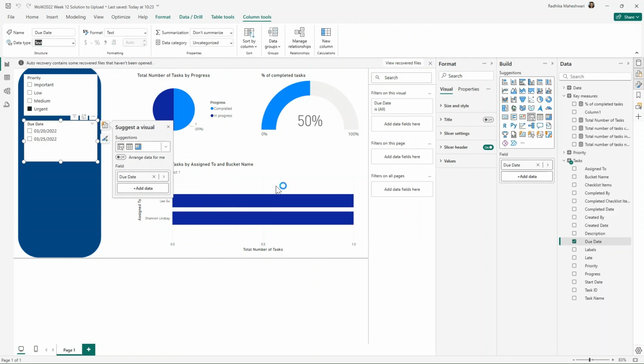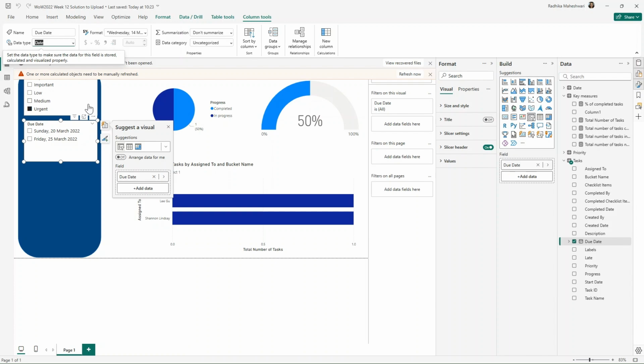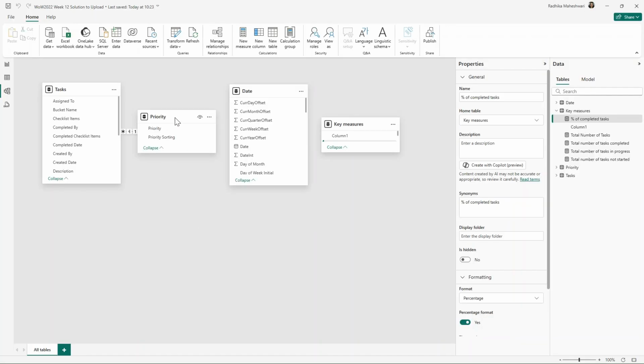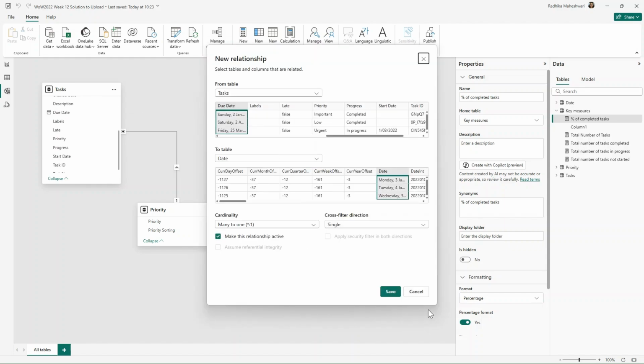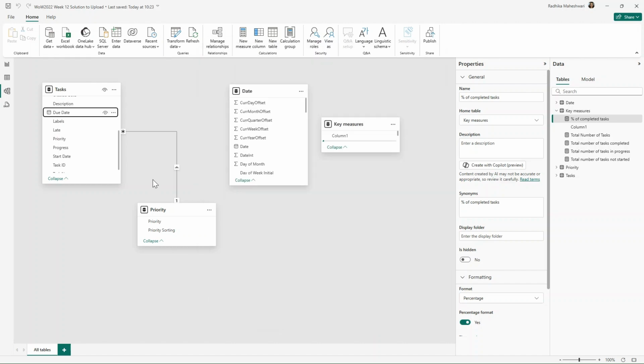Click on yes. And I forgot that I have not made the proper connections in the data model as well. So let us do that. So I'll go into data model, and then priority is already associated via Power BI because it was able to understand it. But to connect the task table to the date table, I'm going to use the due date column from the task table and the date column from the date table and make the connection. This would be a one-to-many relationship, and click on save.